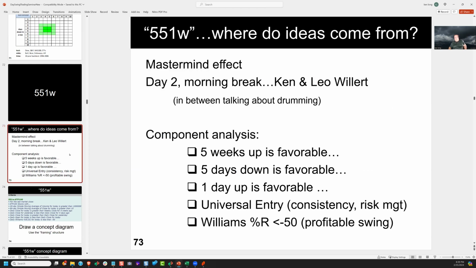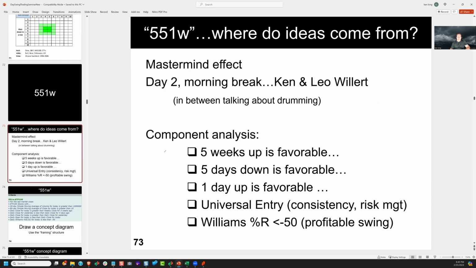This came out of a lunchtime conversation with Leo Willert, who is the CEO of an Austrian mutual fund company that had about $10 billion under management, and he's been a long-term client. And at lunchtime, he came up to me, and we had been talking about swing trading, and he said to me, Ken,